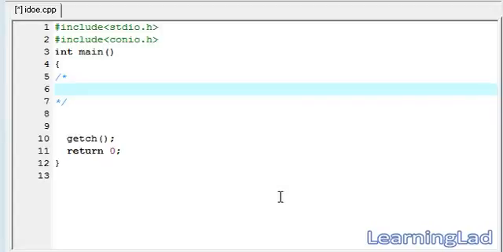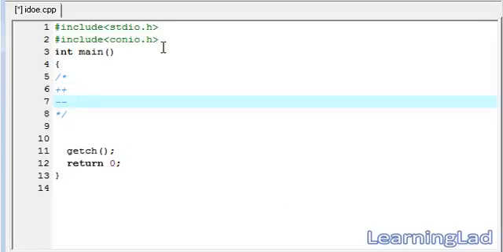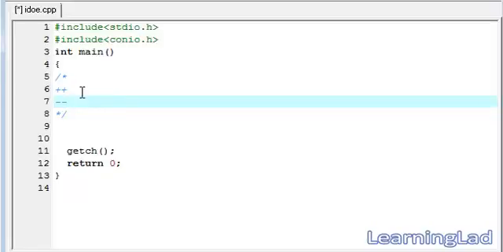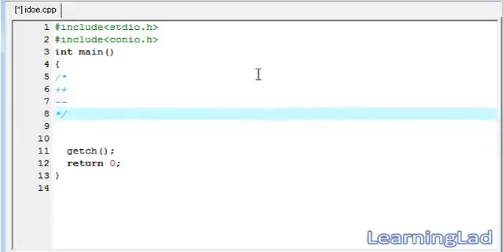In this video tutorial, we're going to see the increment and decrement operators in detail. These operators are also called the shorthand operators. When we use these operators as a suffix, the meaning is different, and when we use these operators as a prefix, the meaning is different. So let's see how.